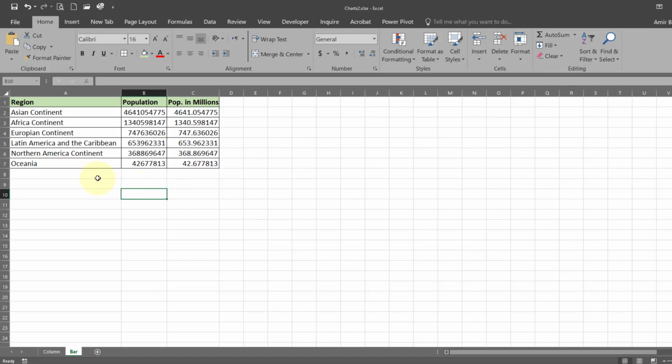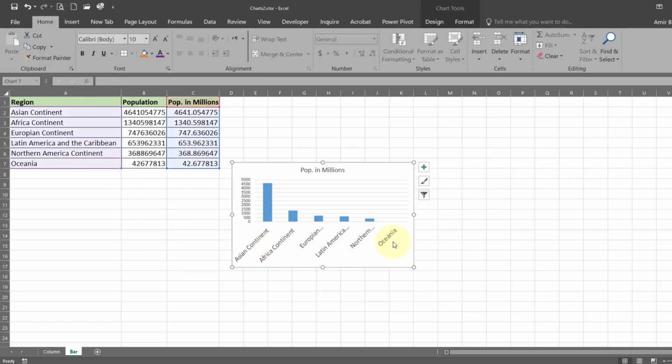Now we will see how to create the bar chart. Now we can have the column chart also, but one reason to select the bar chart can be that the names of your categories are very long. So if we had created this one using the column chart, it would look something like this. You can see here the names are not properly displayed. So to display the names properly, we will try to use the bar chart.